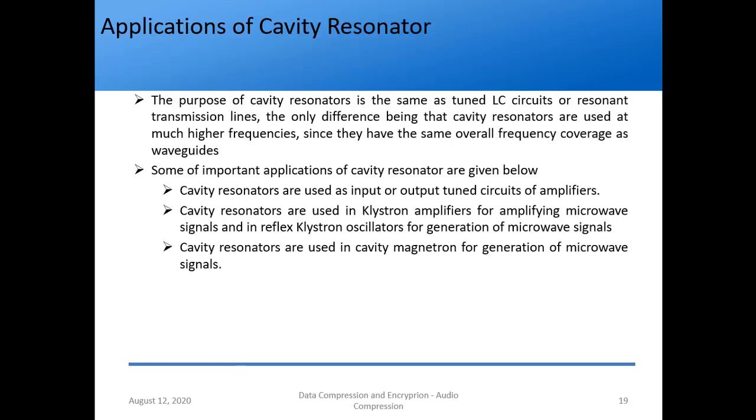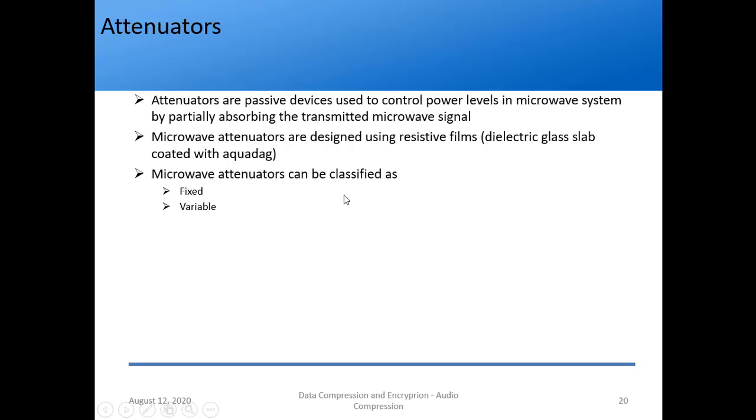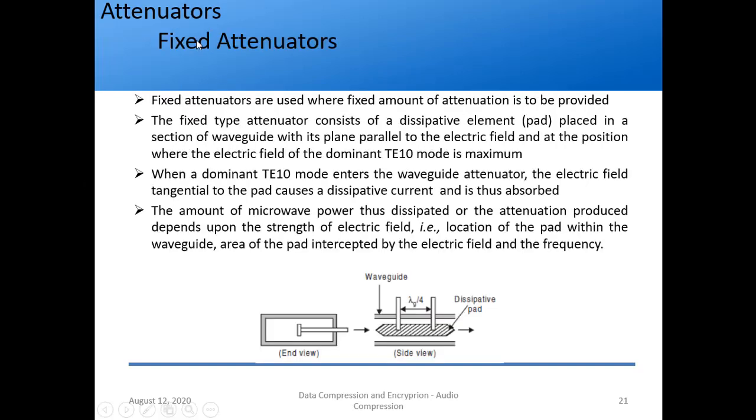So what was the purpose? To attenuate the signal, right? They were of two types, fixed and variable. Fixed attenuators, what did they do? They attenuated the signal by a fixed amount, for example, let's say 2 dB only. If I want maximum attenuation, I'll keep the material, usually a lossy dielectric, carbon or aquadag, which we saw yesterday also, exactly at the middle of the broader dimension, because the field for a TE10 mode is maximum at the center along the broader dimension, right? So that is what we saw.